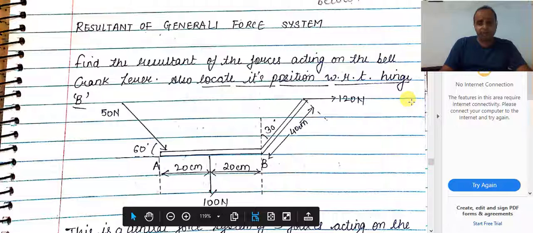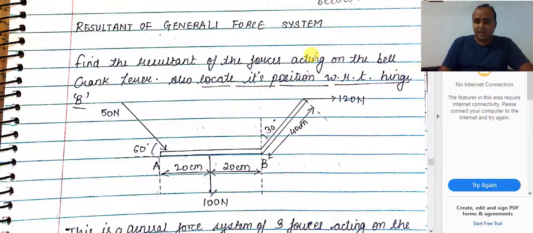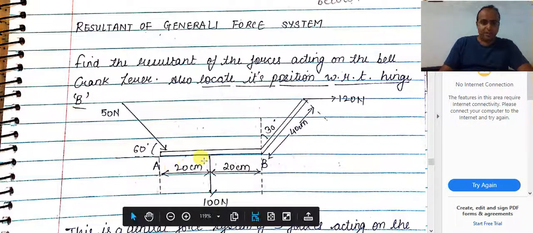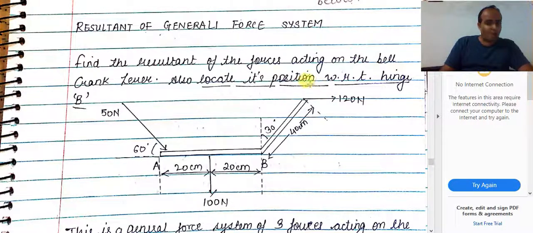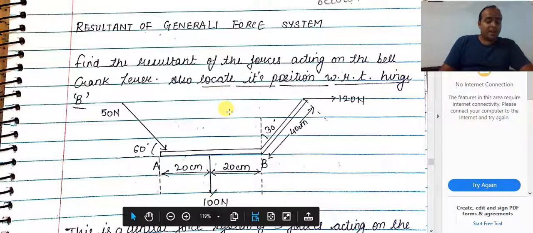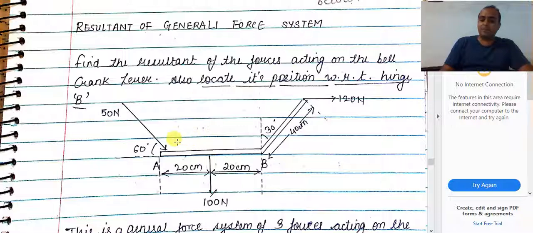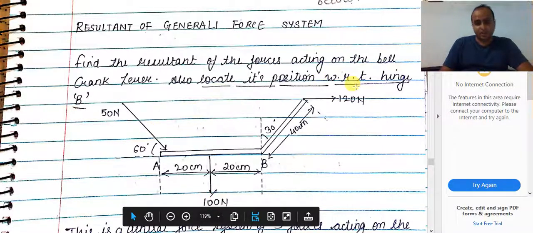Newton force towards right. So friends, apart from the three basic types of force system of coplanar force system, that is concurrent, parallel and general, as we can see, this is a force which is inclined, this is acting vertically downward, this is acting towards right. If I talk about all these forces, neither are all three forces meeting at the same point, nor are they parallel to each other. So the last option that remains is that it is a general force system.